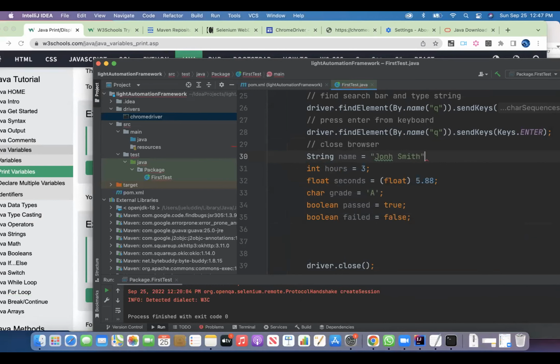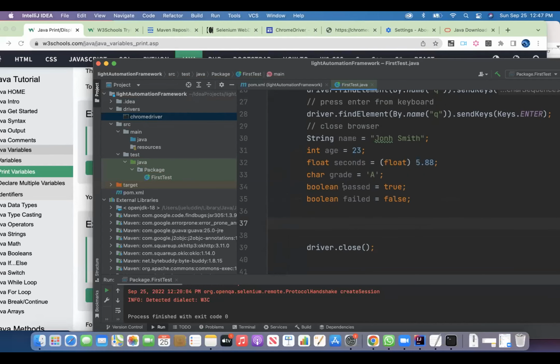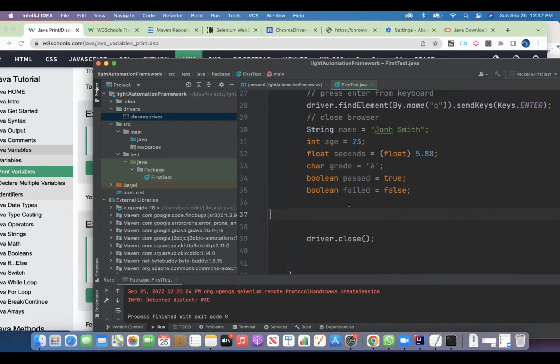Okay, and let's see, age, maybe 23. And then that, okay. So some things that make sense. I'm trying to make sure it's something that we create. Maybe we create a program that makes sense, okay? So let's say,